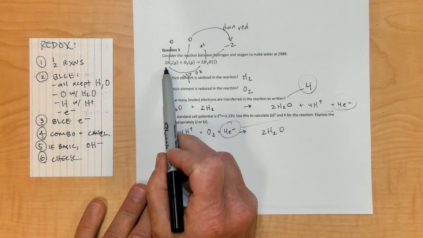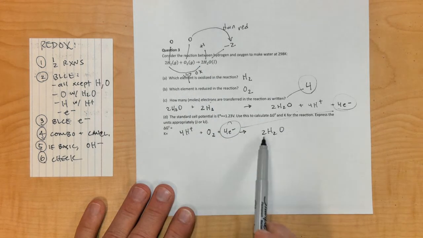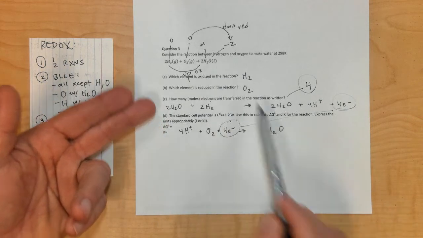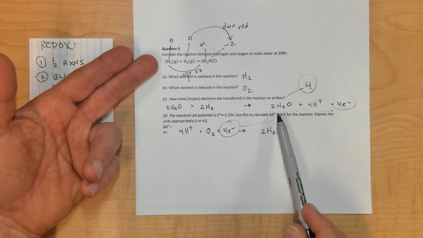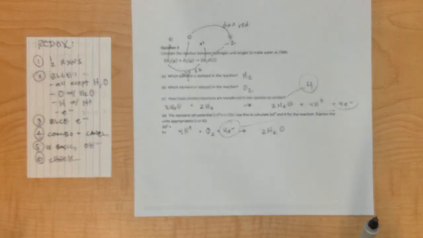The reaction as written just means that there's a 2 here in front of the H2, and a 2 here in front of the H2O. So when I took it apart and wrote the half reactions, that's why I left those coefficients in there, rather than use a half or something else to try to balance it.